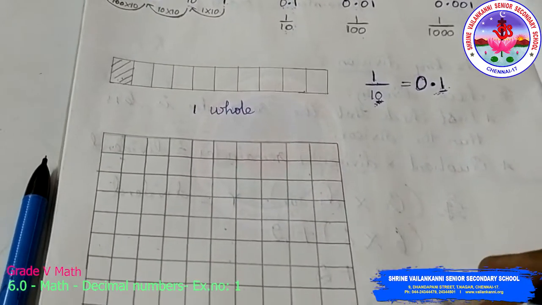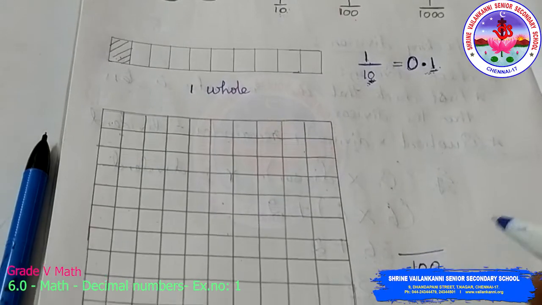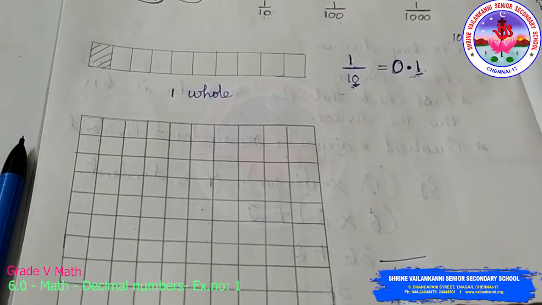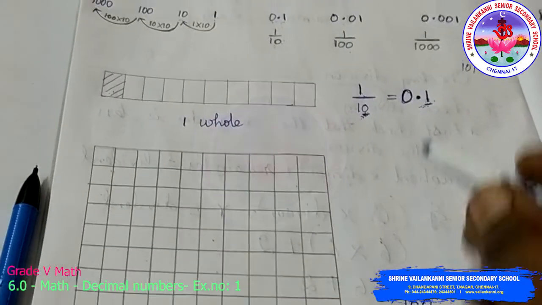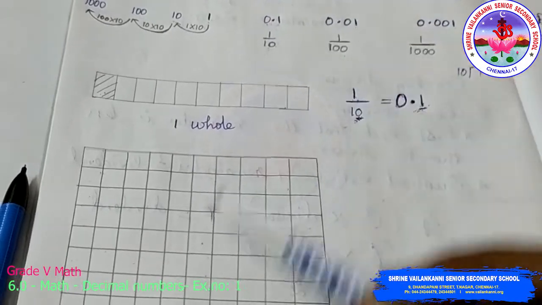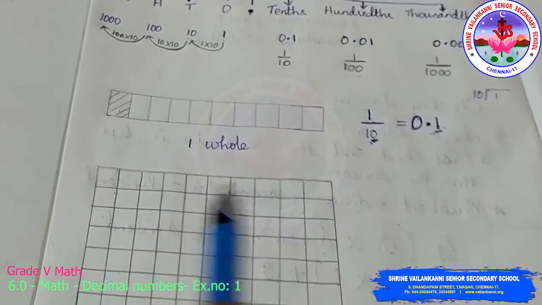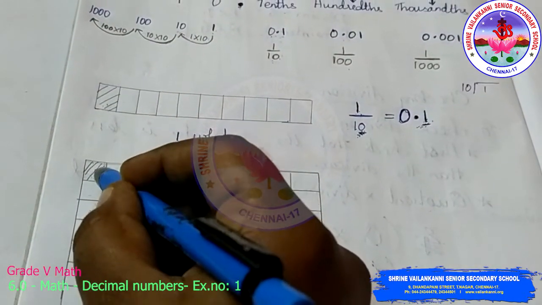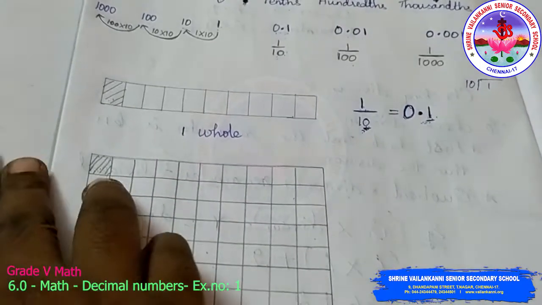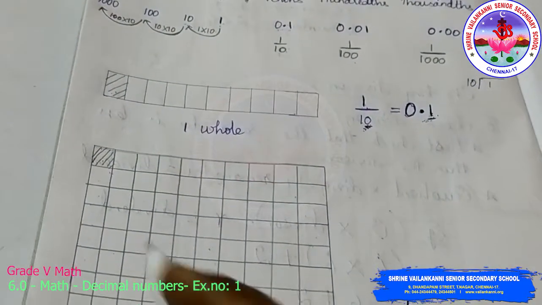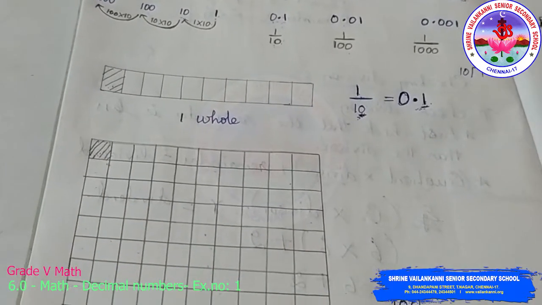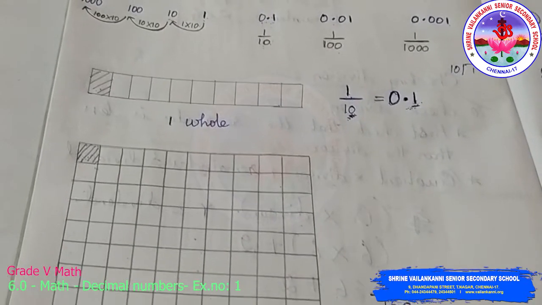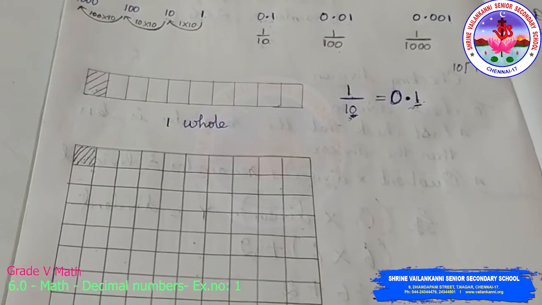Okay, so how many parts is it divided into? 100. So when one whole is divided into 100, these 100 I have written as the denominator. Now this 100 I am going to denote in a picture. From these 100 parts, if I consider only one part, this one part is your numerator. So this one part from one whole, which is divided into 100 equal parts, is considered as 1 by 100, which is called one hundredth.